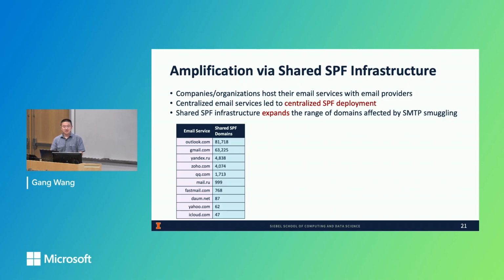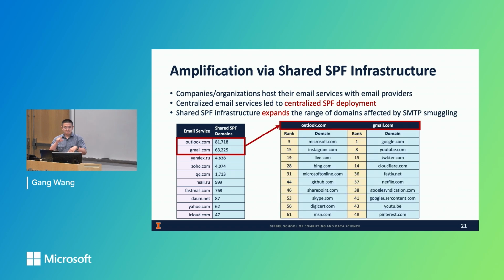So meaning that with the free Outlook accounts, you can send emails on behalf of a lot of those domains that happen to use Microsoft or Gmail services. So just kind of rank their popularity here. You recognize a lot of native Microsoft services, but there are a lot of companies like Instagram or GitHub. They're not Microsoft related, you just happen to be a customer. Similar for Google, you have YouTube and many Google services, but Twitter, Netflix, and many other companies are using Gmail